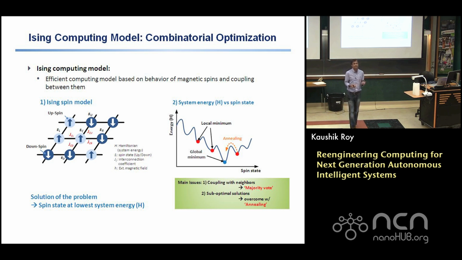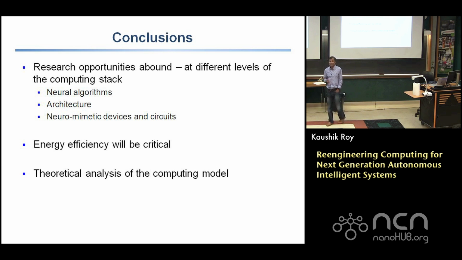And the only way that you can sometimes get out of there is to take moves, or actually have a stochastic switching behavior, which can take you out of that. Optimizations like that can take you out of the local minima into a global minima and can potentially do different kinds of optimizations. So what I'm really talking about is that some of these networks can not only be useful for the kind of recognition problems that I'm talking about, but can potentially be used for other kinds of optimizations using this stochastic behavior.